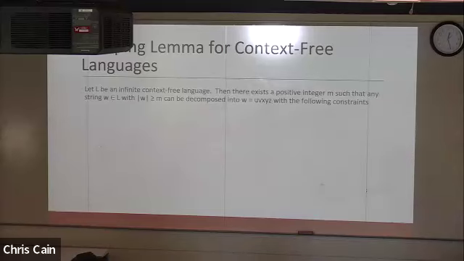So let's take a look at what a construction looks like for this, and what rules we do actually have to work with. We can start any pumping lemma for context-free languages very similarly. I would still state something like, let L be an infinite context-free language. We can say there exists some positive integer M. Now M, instead of representing the number of states in an associated DFA, you can think of M now representing the number of productions in a grammar. So there exists some positive integer M, the number of productions, and a grammar that accepts this infinite context-free language,